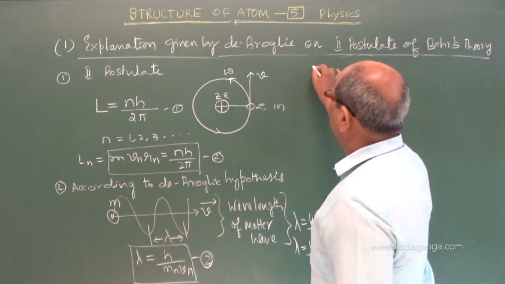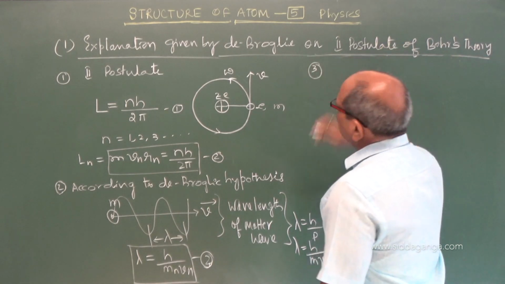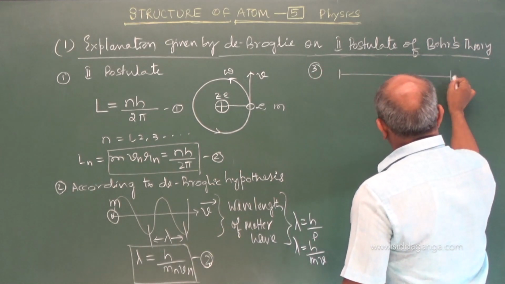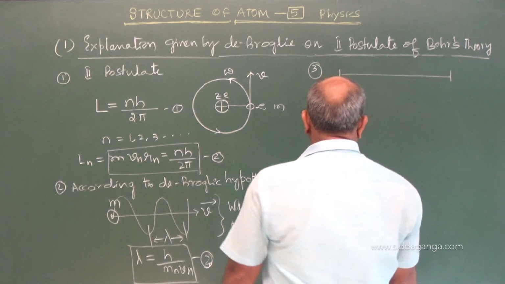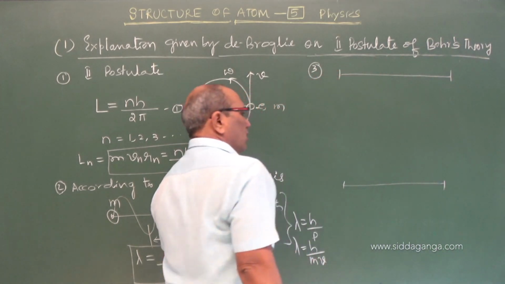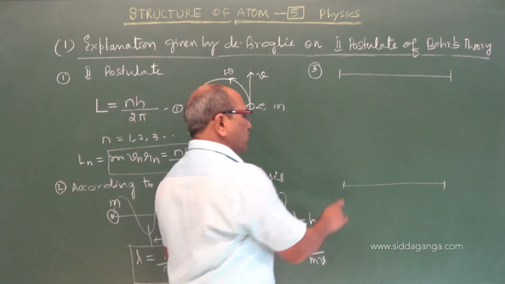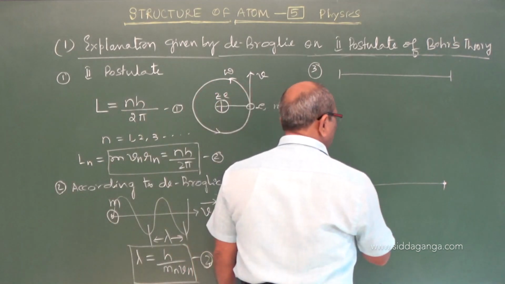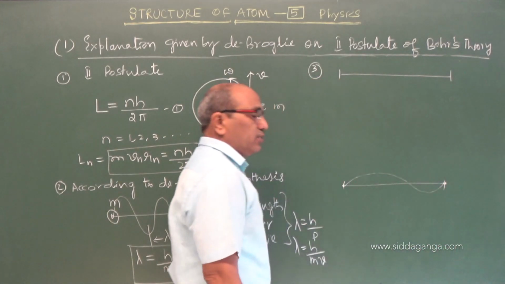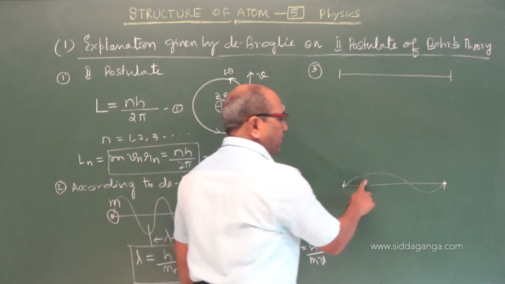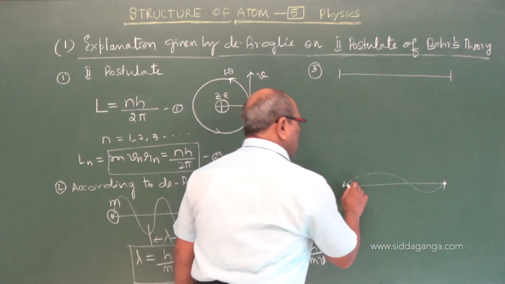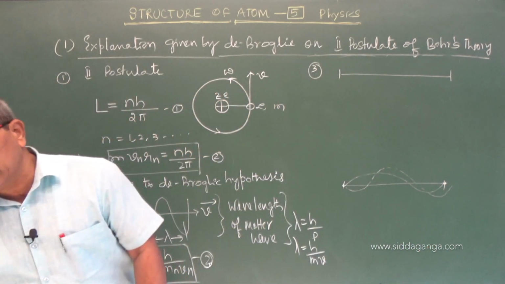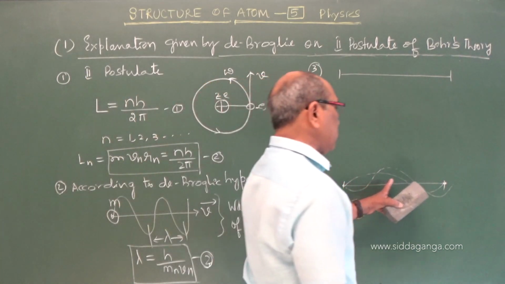Before entering into that, what was running in the mind of de Broglie was the stationary waves you studied last year. If you have a string, the stationary waves will form perfectly when nodes are at the ends. Suppose a wave is formed of different wavelengths like this, can you expect stationary waves to form? No, because the segments must be of equal length. Or if the wave reaches only half, you cannot expect the formation of stationary waves.